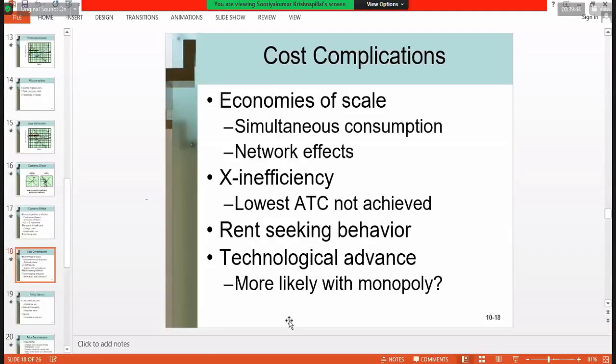So we can exclude others from the consumption in other products. But here many people consume. So that is simultaneous consumption, also one reason for the economies of scale in industries like the software industry, wireless